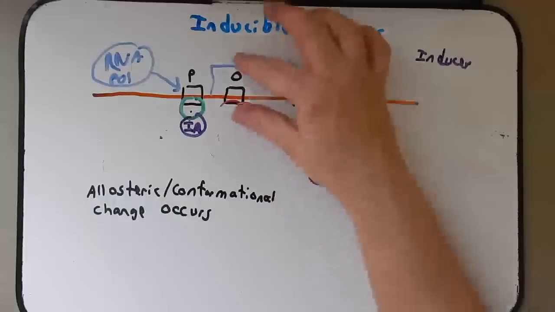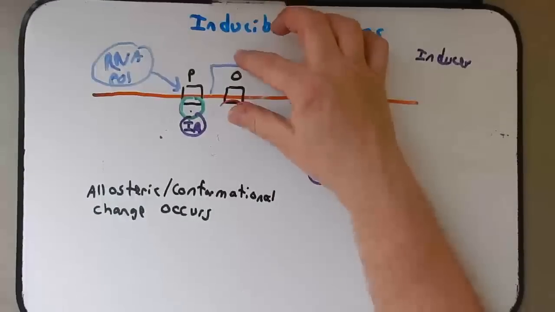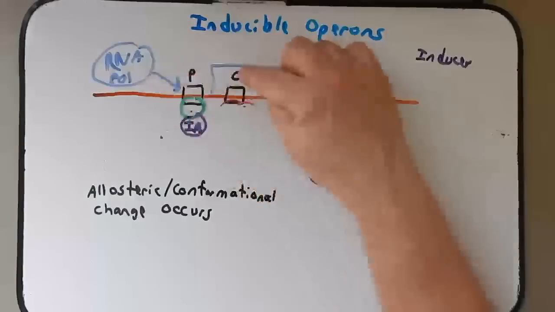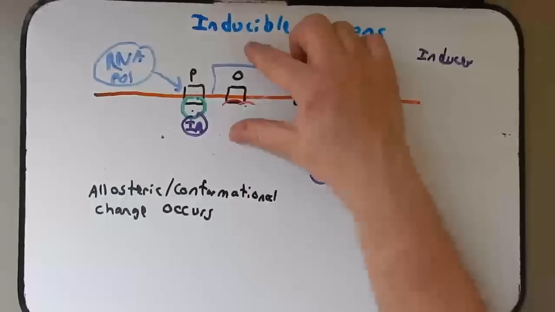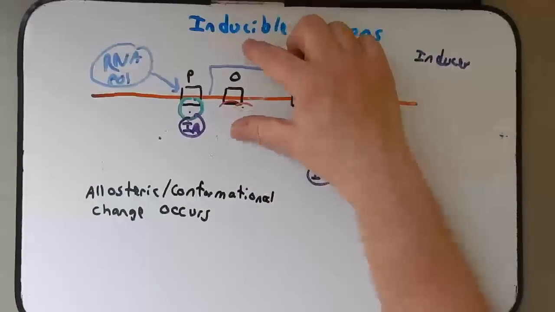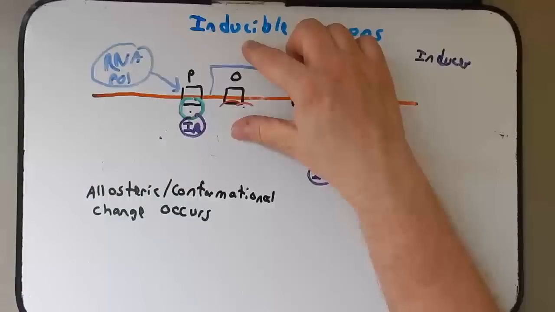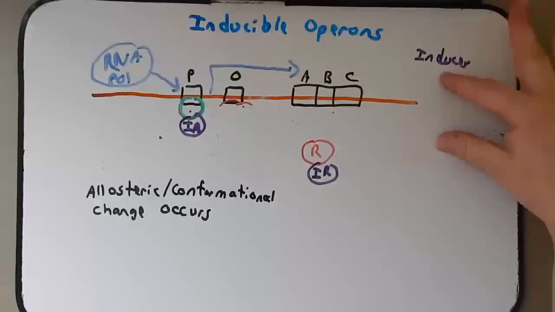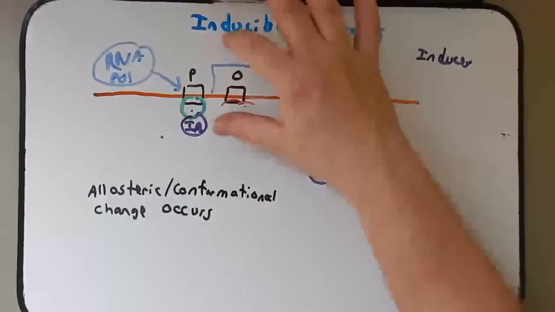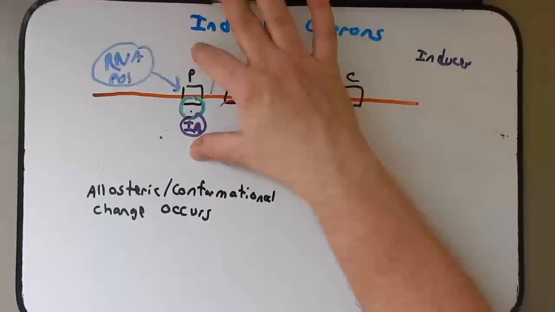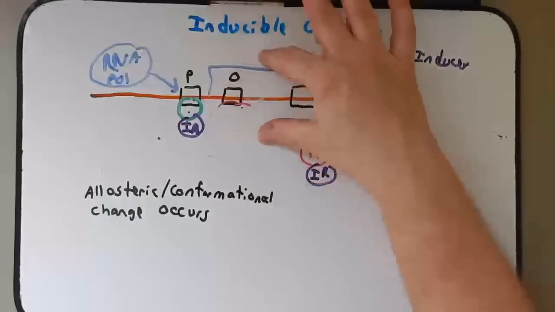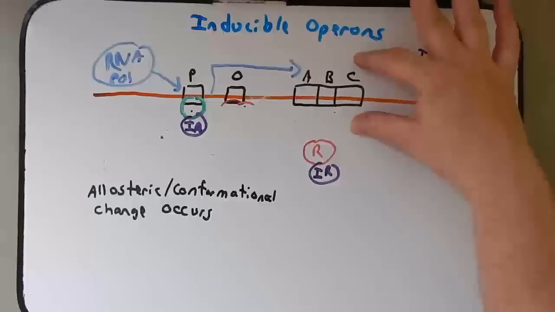When this repressor was originally bound here, it serves kind of as a roadblock. The RNA polymerase can't go past a repressor when it's bound to the operator. So as long as the repressor's there, RNA polymerase cannot go any further. So to turn a gene fully on, an operon fully on, you have to remove the repressor and bind the activator. The activator recruits the RNA polymerase, and now it can transcribe these genes without being blocked